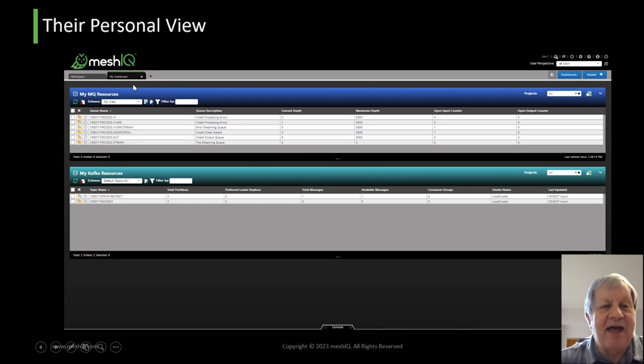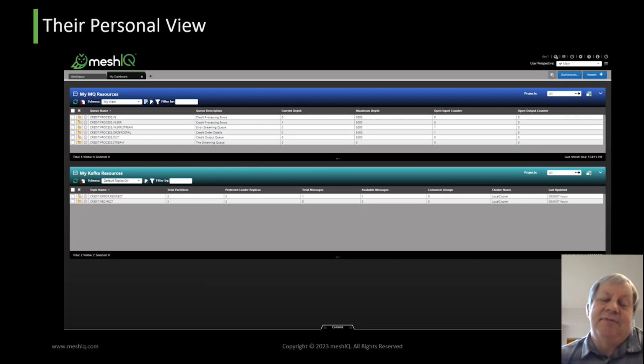The first is he has one dashboard, unlike my admin account that had Kafka and MQ and other things. They just have one dashboard and it has Kafka and MQ on it, sitting beside each other. And they don't even know and aren't even worried about the name of the queue managers. I know that's something an administrator might worry about, but they use Kafka, they use MQ. They don't really need to know where, they just need to know what their topics and queue names are, right? So they've got their own little view here, and the way they look at things is customized to them and so on.